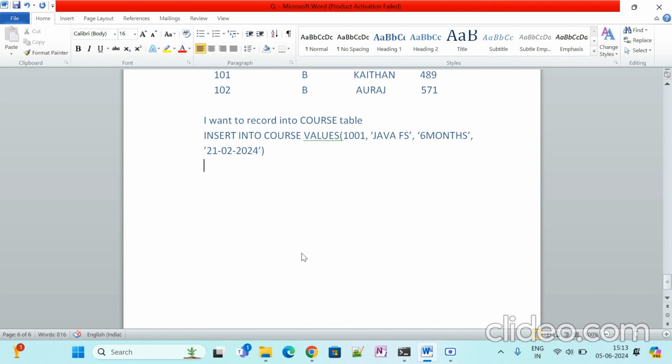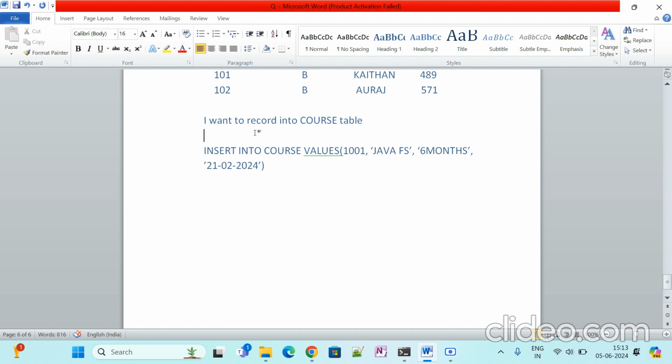So I'll tell another way. We have four columns: first column course ID, start date, and the course name, duration, right? We have to remember this. I know the columns and I don't know the order. So if I give duration first and Java course and ID and the date, I know the columns are there, but I have no idea how the order is. So I'm randomly giving like first course. For this, the better way of typing is